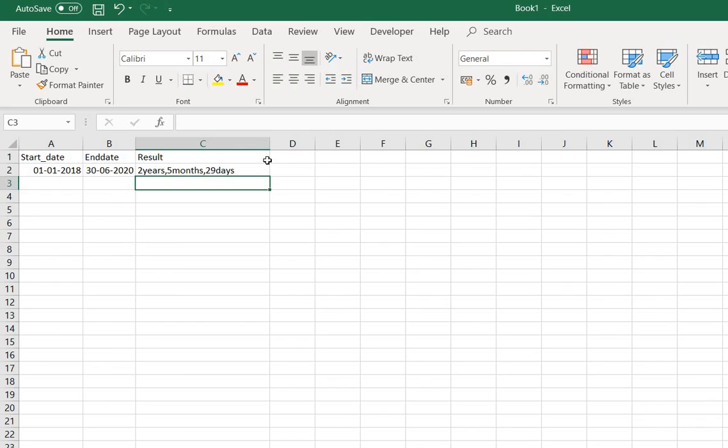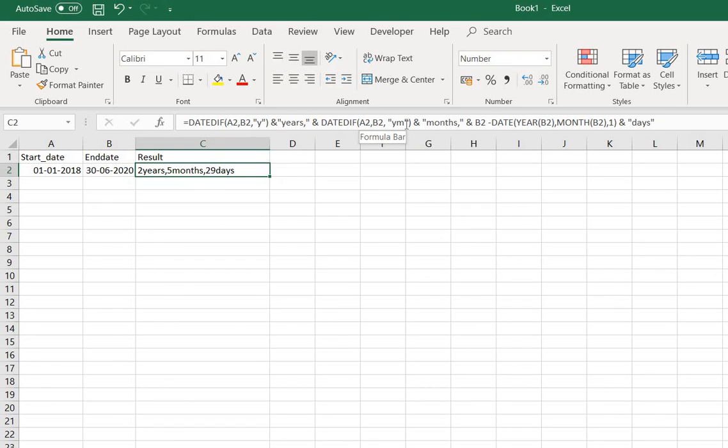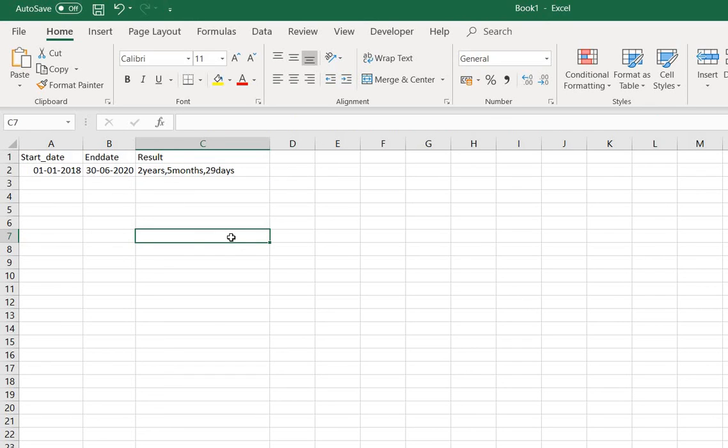Yes, so we have added these years using the ampersand, and then we have also used another new operator, that is YM, that tells you how many months have already passed for the last year that you are comparing in this calculation, and that's 5 months for 2020. And the last one we have written is for finding the remaining days. Then you have to give this B2, means this cell, minus the year and month that have passed. Like that you can combine your difference into one cell.